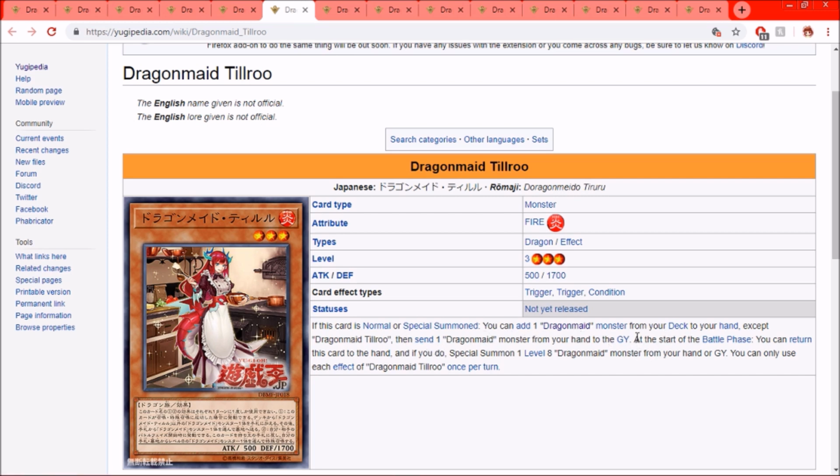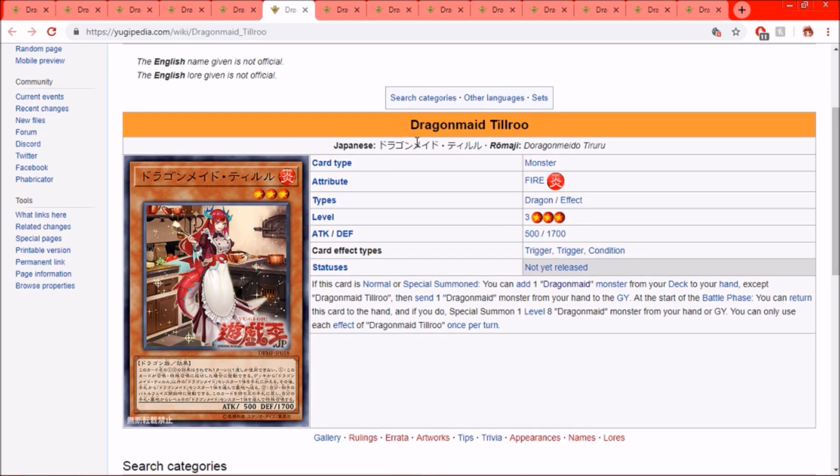And then the second effect: at the start of battle phase, you can return this card to hand. If you do, special summon one level 8 Dragonmaid monster from your hand or graveyard. You can only use each effect of Dragonmaid Tilru once per turn. Now, from what I've researched and know so far, Dragonmaid Tilru is probably the best of the lower level 4s. It basically allows you to just add and send to the graveyard